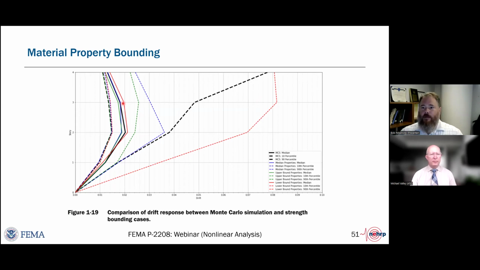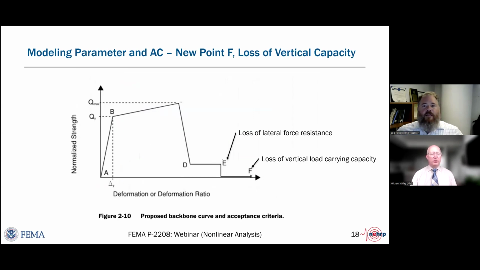Okay. I have sort of a philosophical question, and I'll shorten it again. We've got introducing point F, so we can look at actual collapse, and we've got secondary members. Are you concerned that by sharpening our pencil so much on the capacity side, the demand side could be unpredictable and we might not be happy with the answers? So I think that's one of the reasons that we run 11 records and that we have the unacceptable response checks now, in addition to just looking at the median.